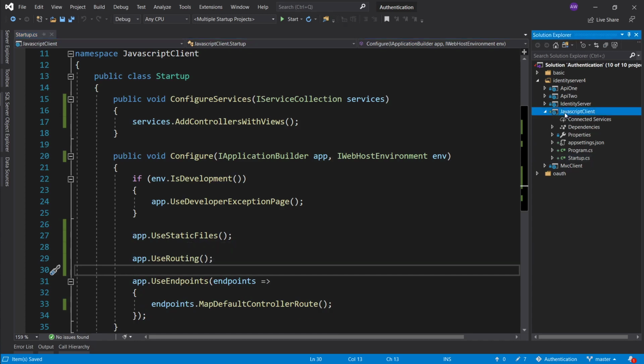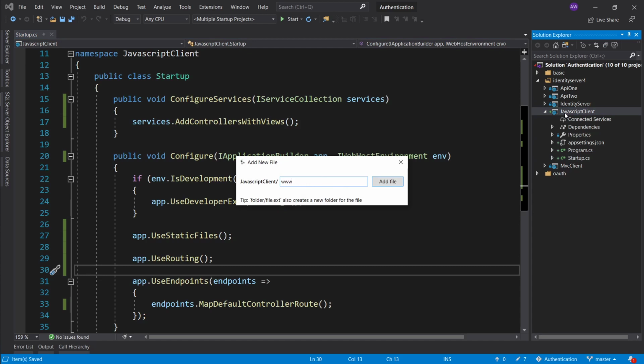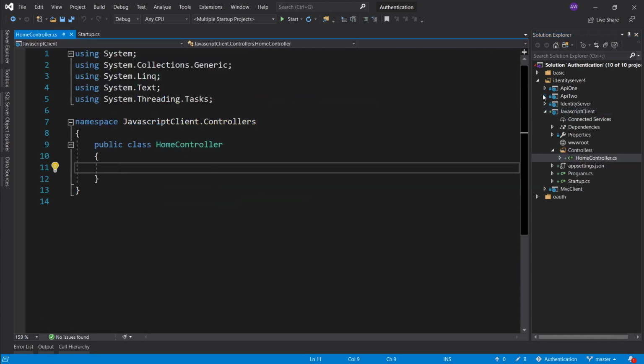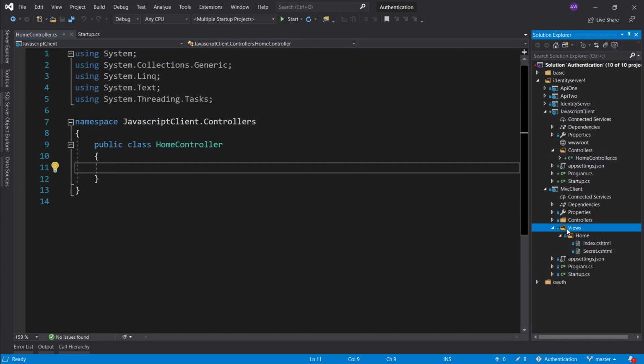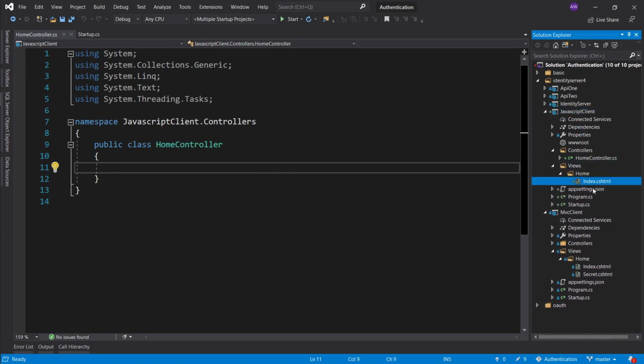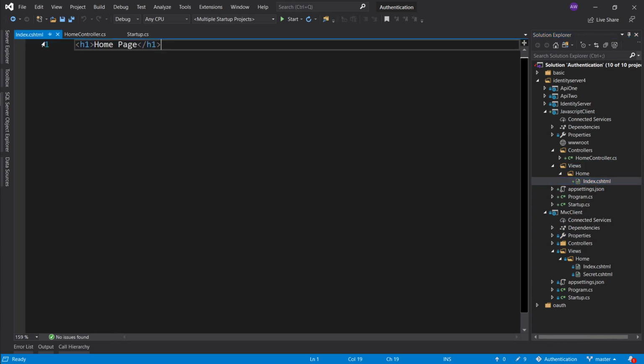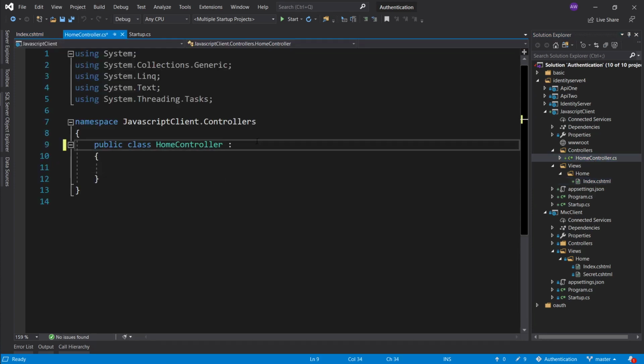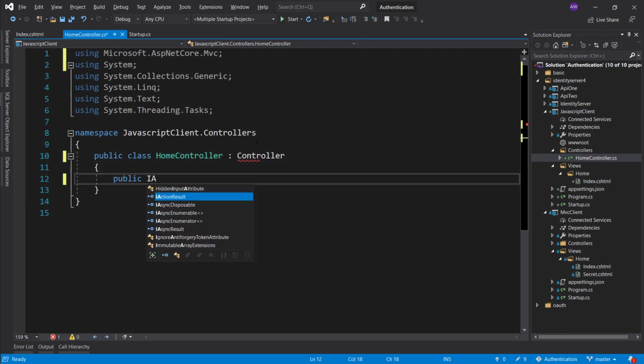Let's go ahead and create a wwwroot folder for this. Next, we want to create a controllers folder and create a home controller as usual. For this, I will go into my MVC client, go into views, copy this whole views folder, and paste it in here. I'll delete the secret folder, and double check that I don't have anything in my index folder. Okay, it's just the homepage, which is good. In my home controller, let's just inherit from Controller, and public IActionResult Index serves the page,